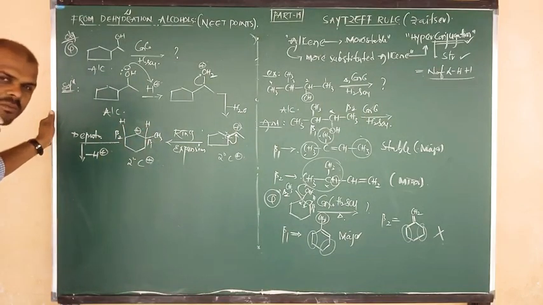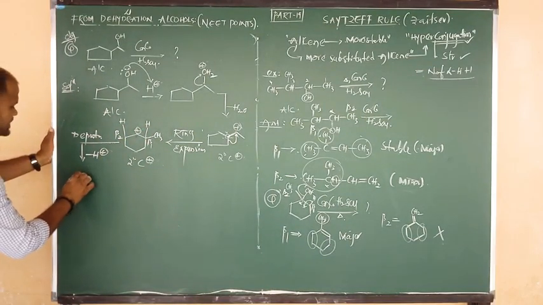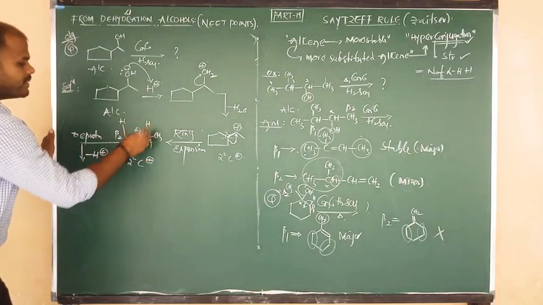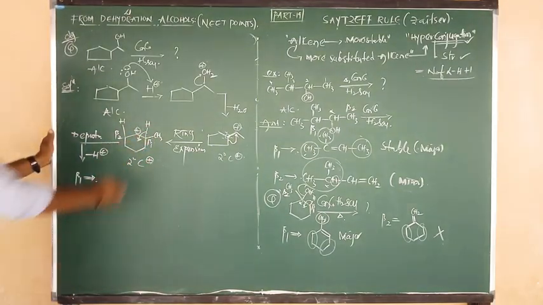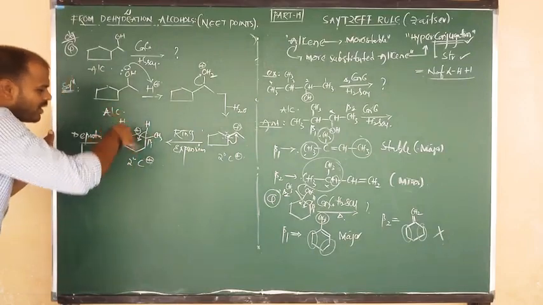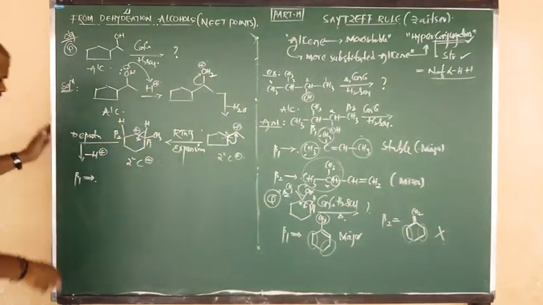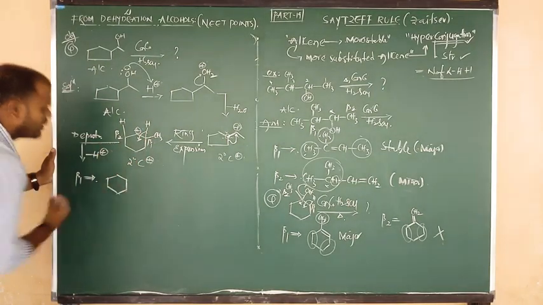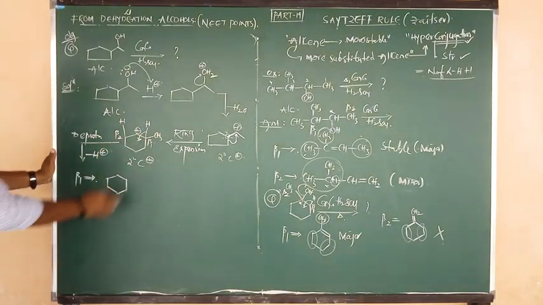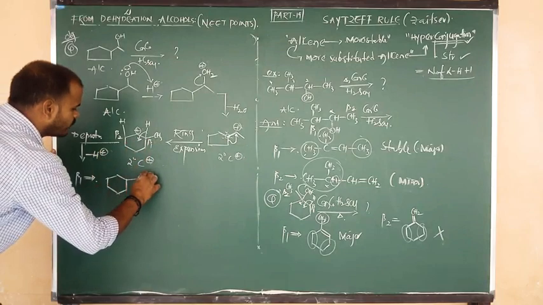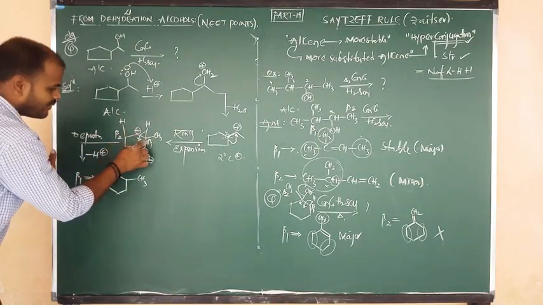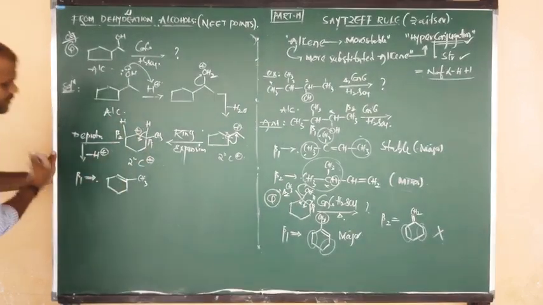So here we are getting how many products? 2 products. Let us first write the beta 1 product. From the beta 1 position we have to remove the hydrogen. हाइड्रोजन को रिमूव कर दो, बॉन्ड को अंदर शिफ्ट करो, पॉजिटिव बिकम न्यूट्रल. So beta 1 gives the product: the same cyclohexane ring. Here the group is nothing but the methyl group. After removal of that hydrogen, between alpha and beta we are getting one pi bond.